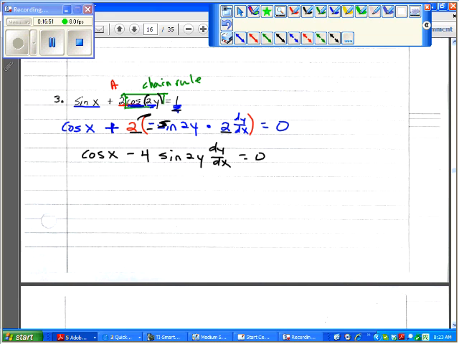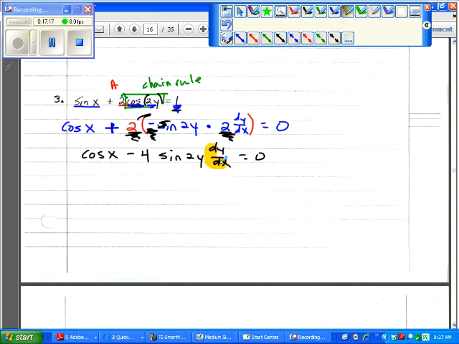So we did that multiplication. We multiplied by the constant. So we got this 2 times this 2 times that negative 1. That negative. So 2 times negative times 2 is negative 4. And then the sine 2y and then the dy dx. Okay. Now,